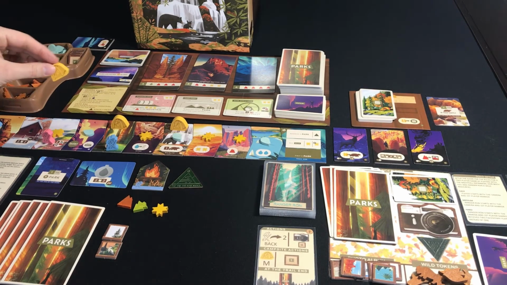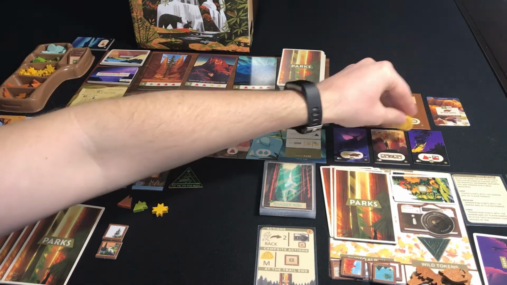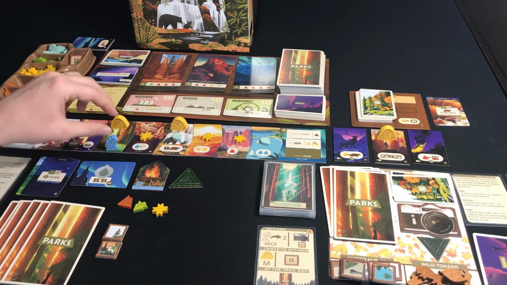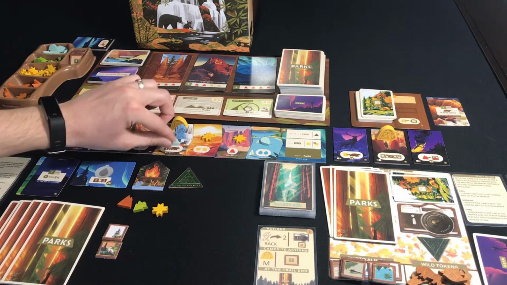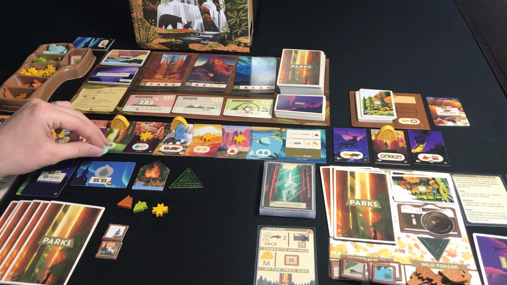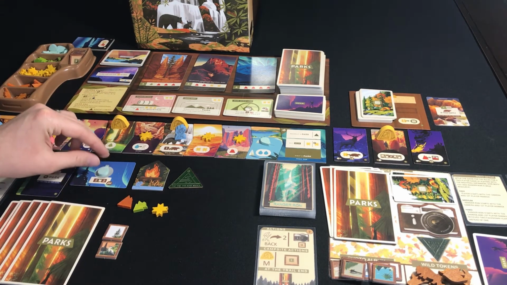So take this off. This is left, middle, right. So he'll go here, blocking that space, and he will gain another photo. He's crushing me with those photos. I will move here, gain this water, and with that water, I'm going to place it here to trade in